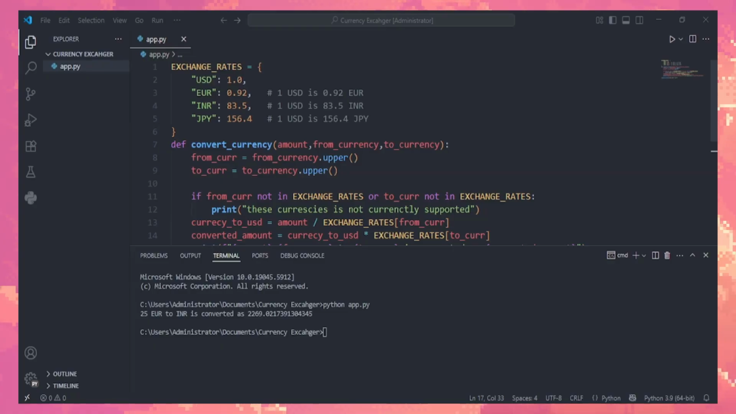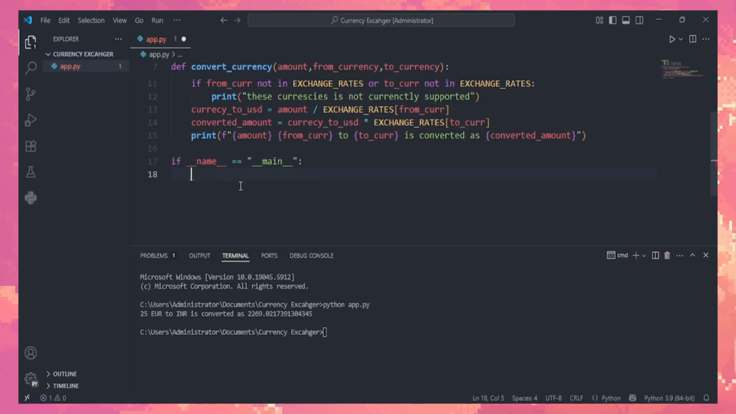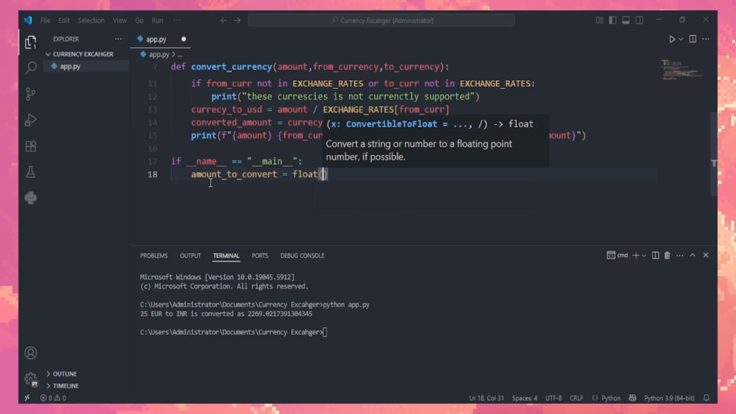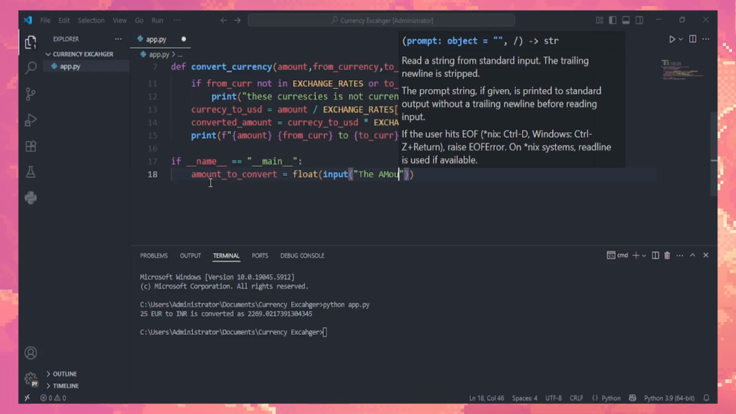Great. Now that we have a way to handle the conversion, let's build the main part of our converter. We will ask the user for the amount they want to convert, the currency they are converting from, and the currency they want to convert to. So now we're going to do if __name__ equals __main__. Then we're going to do amount_to_convert equals float, we're going to take it as a float input,